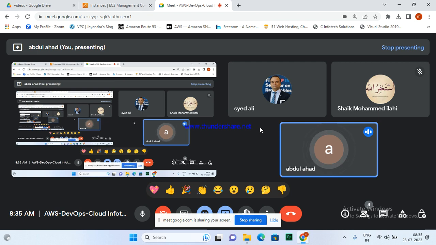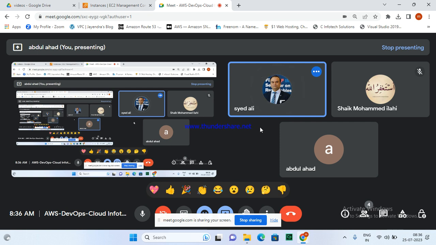Then second, I said image, an exact copy of the current server. Third, I said template. Template is a kind of setting instruction to auto scaling: how to launch and what to launch. Then I said auto scaling group. I have not said any test. Please check.